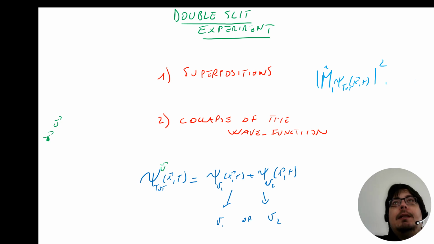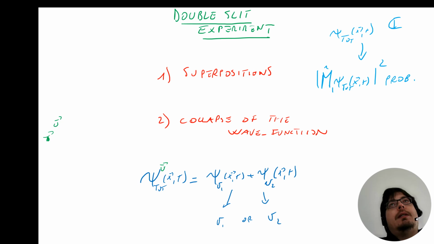This is a probability distribution, and it comes from the probability amplitude, which is a complex number. While this is a complex number, this is a real number, so we can count with this probability. It is what happens, and this is happening in the quantum world, let's say,